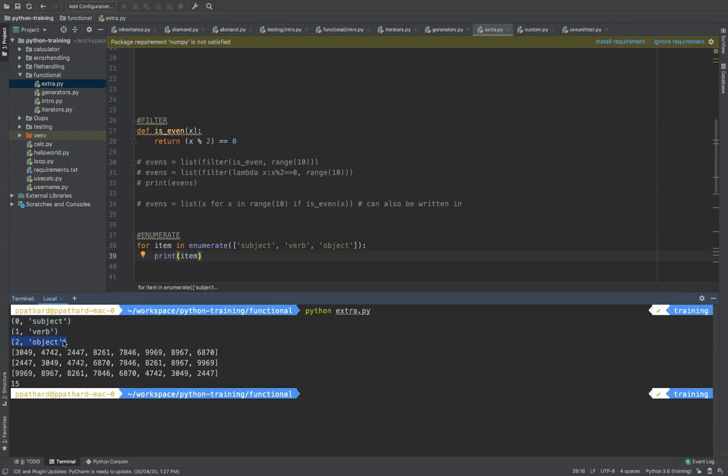Index is 2 and value is object. These will be used in some use cases. For example, you want to do a quick for loop and get both indexes as well as values. At that time you will use enumerate, rather than creating your own index, writing a for loop or a while loop, and doing all that. So enumerate gives you that advantage.